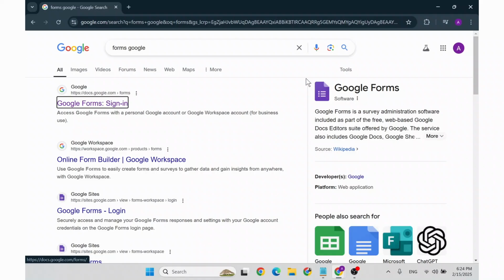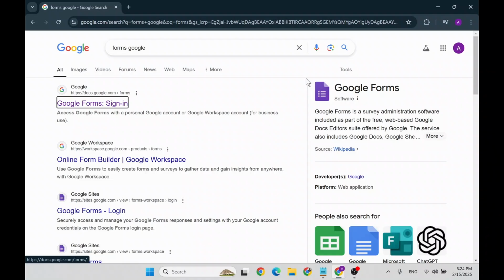In today's video, I'll teach you guys how you can give access to someone else, or collaborate with someone else in a Google Form. So let's get started. The first thing that you want to do is search for Google Forms and open its